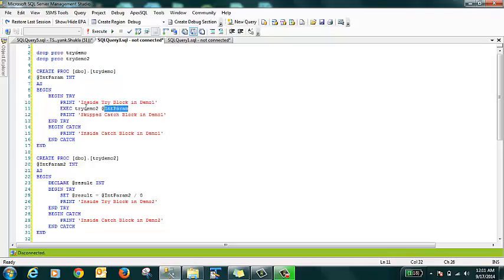I pass this parameter to a new SP, which is try demo 2. This SP will divide it by 0, creating a divide by 0 exception, so it will come to the catch block here, right? Since this exception gets caught here, it won't come to the catch clause, it will execute after the try clause. I'll execute it.